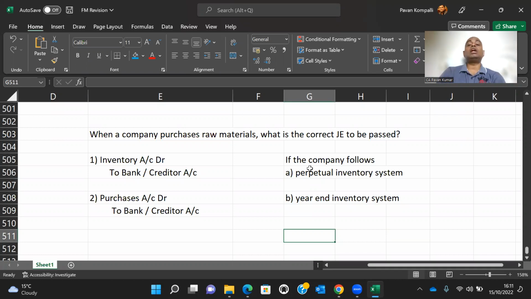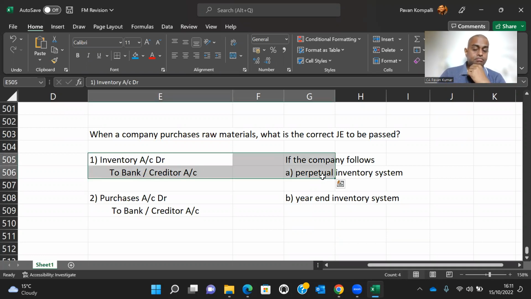Do you think so? The answer is yes. If that is the case, Reliance Fresh will pass the journal entry like this. Perpetual inventory system. You go and purchase the same Pond's powder or same Park Avenue deodorant from a roadside small